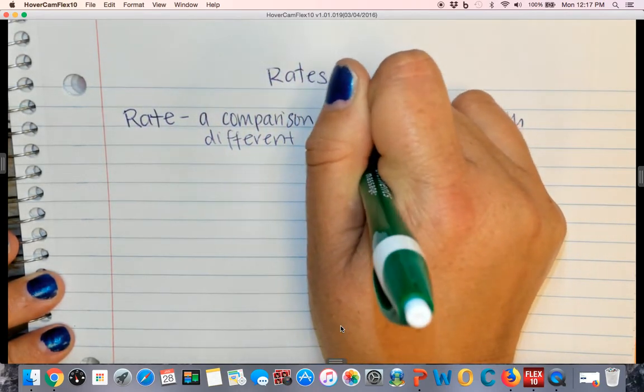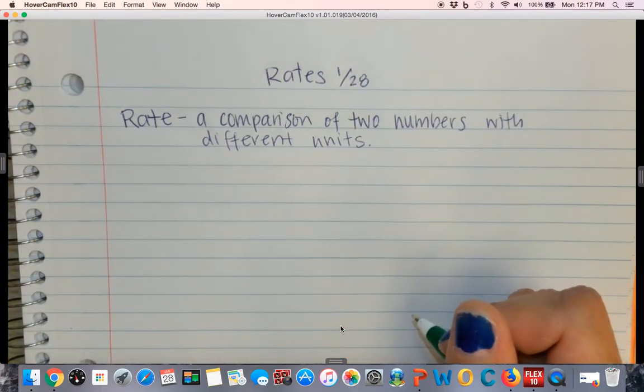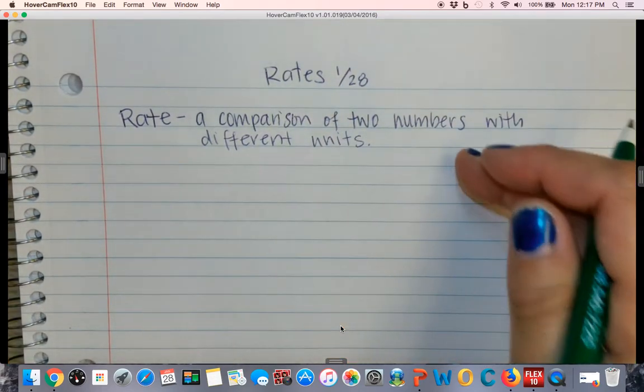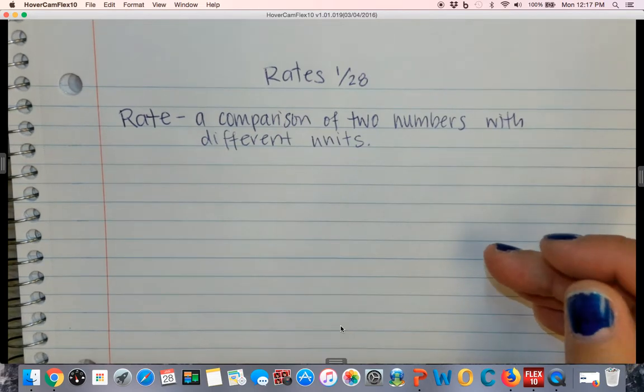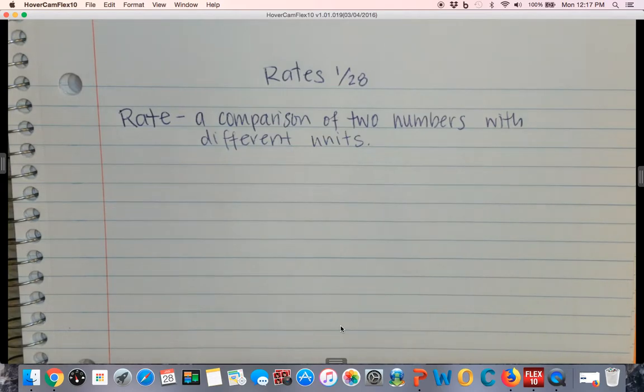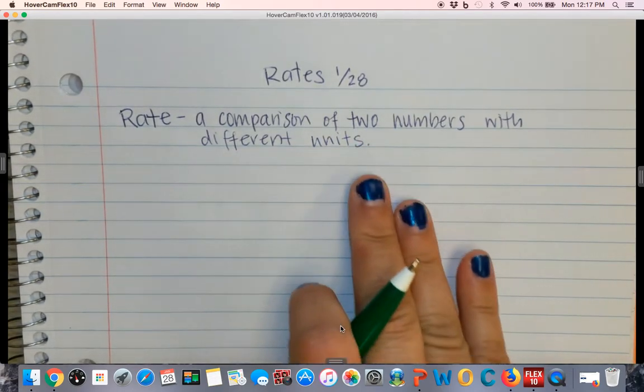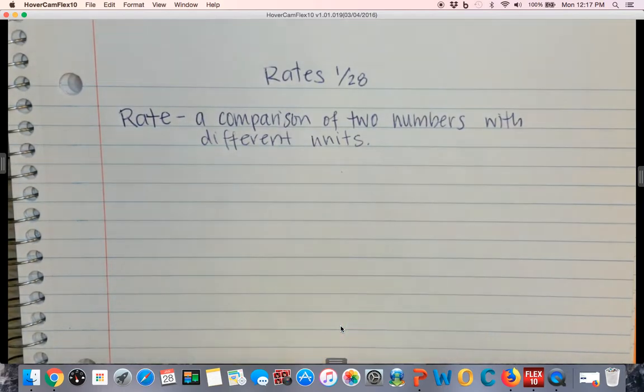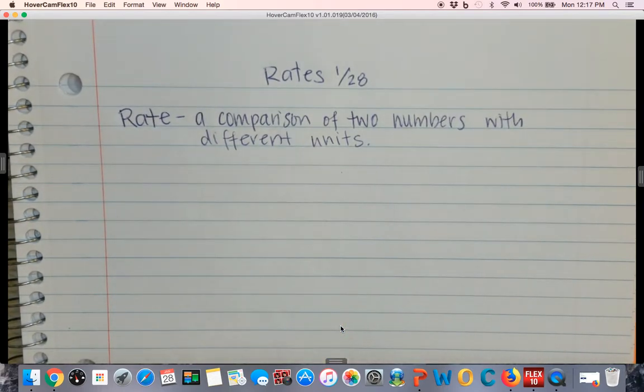Now, when we were doing ratios, I made you take ounces and pounds and make them both into ounces, or we did a little bit of it. But here with the rate, we can compare two numbers that have different units, and you might have heard of rates before. So